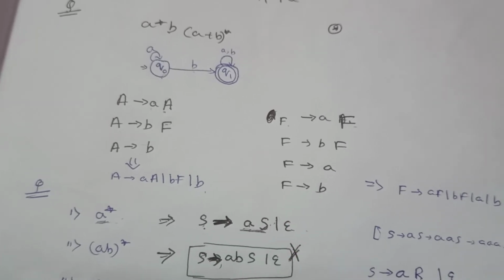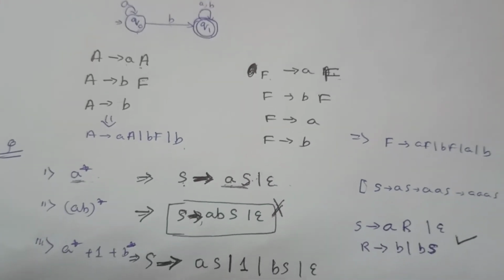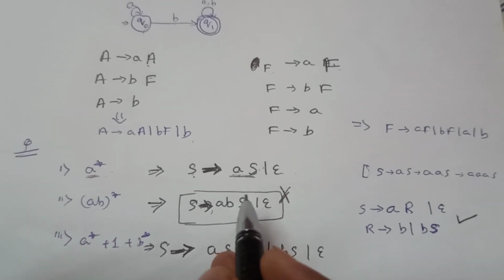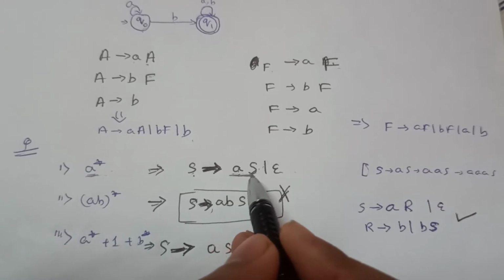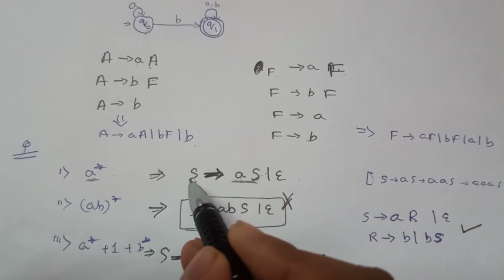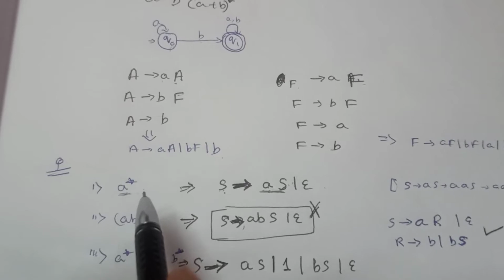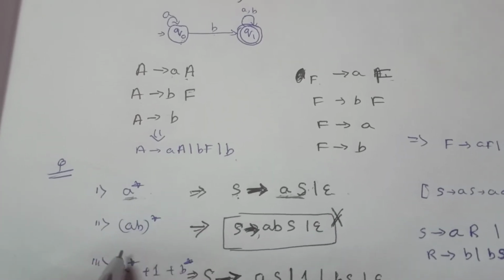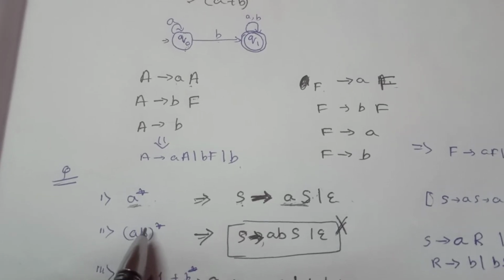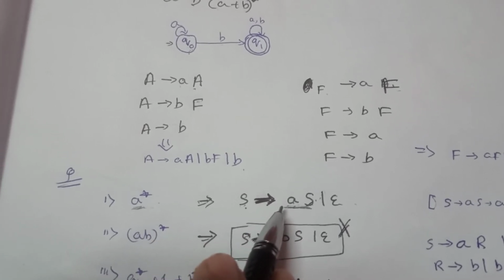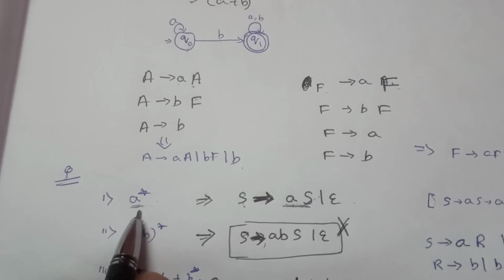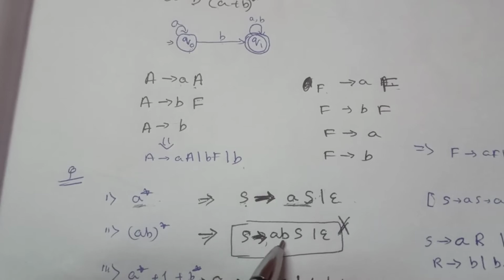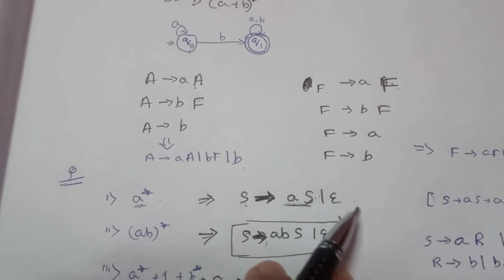So you have to first find where the recursion or the loops are inside our regular language, then you can easily convert it to our grammar. Okay, so this S to AS. This is how to write the regular grammars for regular languages. And there is another example, AB whole star. We can write it from this one also. Here only A was in the loop, so I have written AS, and here both AB are in the loop, so I have written ABS, but the other things are similar.